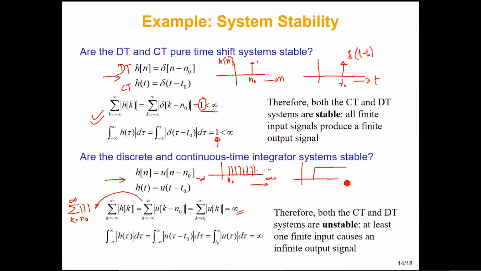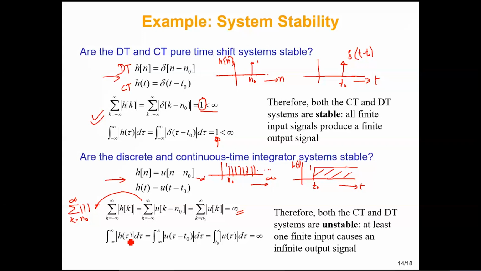So this is your h of t. This is your h of t, t going all the way to infinity. Just seeing it, we know that the area under the graph is going all the way to infinity, so the area will become infinity. So integration definitely will give you infinity, but if you still want to go through it, it is basically